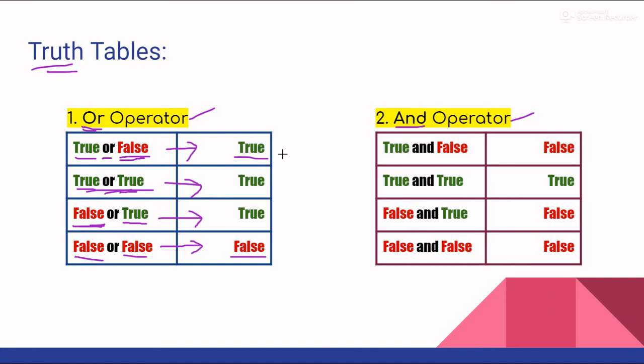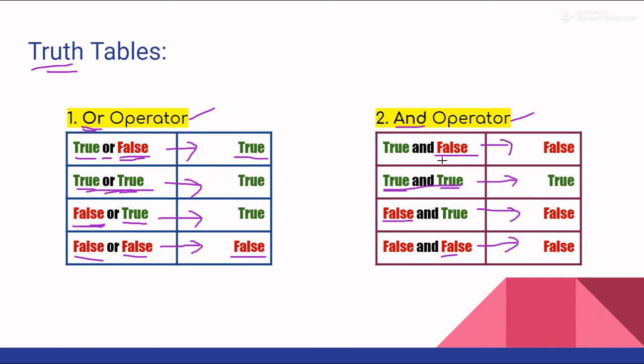Now this was the OR operator. Let's talk about the AND operator now. So basically, let's see what the AND operator is. In the AND operator, both the values should be true to make the whole expression true, right? So see this case, both the values are true over here, so the final output is true also. But even if one of those values is false, we are getting the result as false, right?